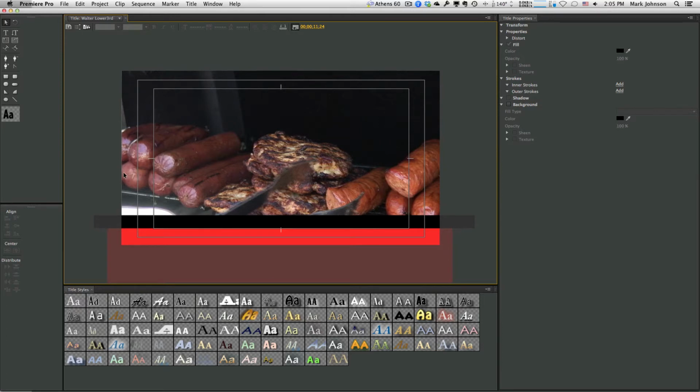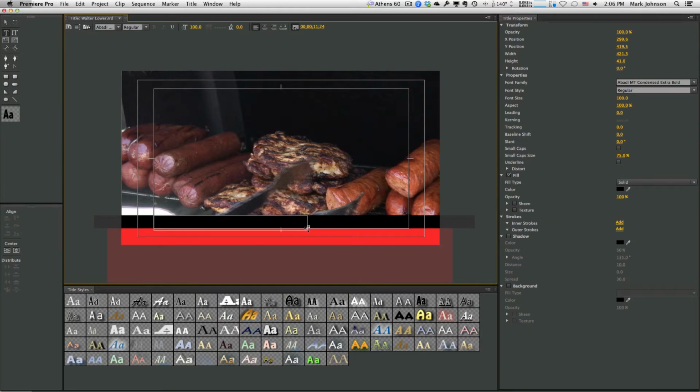Now, the funny frames that you see here, these are called wireframes, and these are because some televisions and some screens, you will lose some bleed off at the edges. Since most of the stuff that we do is going to be online, you don't have to worry a whole lot about that. So now I'm going to hit the type tool, and I'm just going to come in here, and I'm going to draw my first box, and then click inside of it, and I'm going to type Walter Washington, which you're not going to see. I'm going to hit Select All or Command A in here,